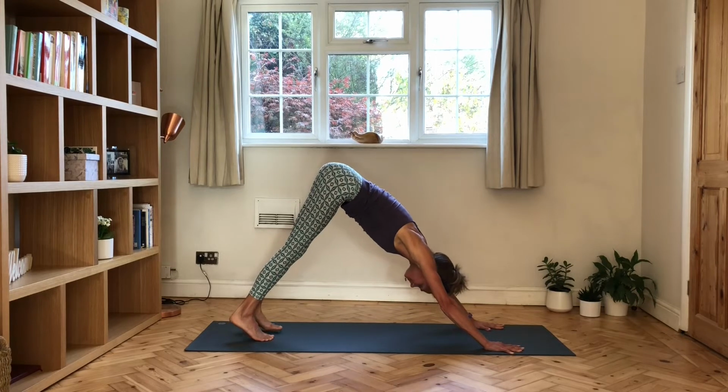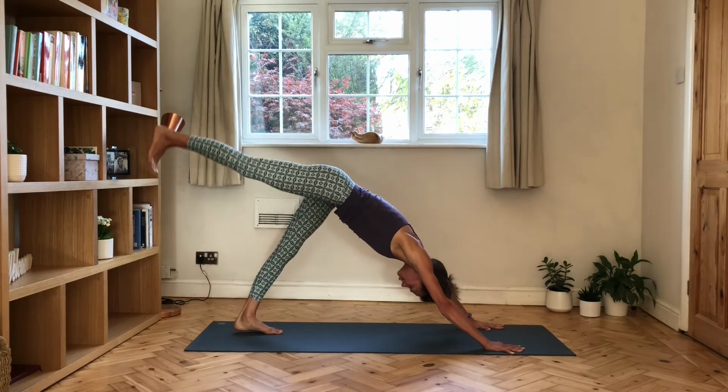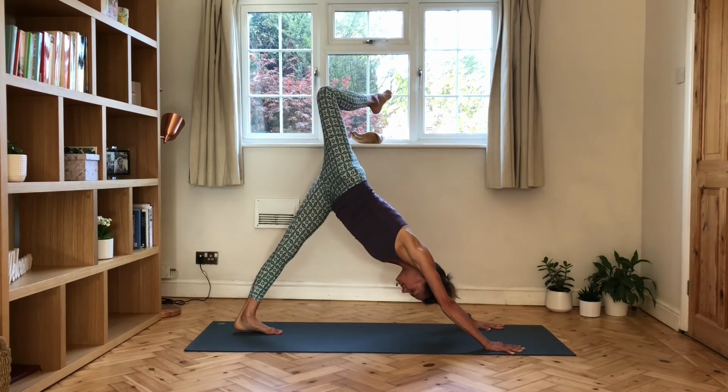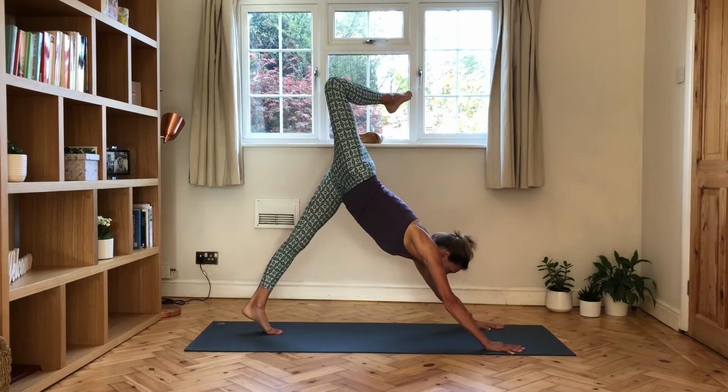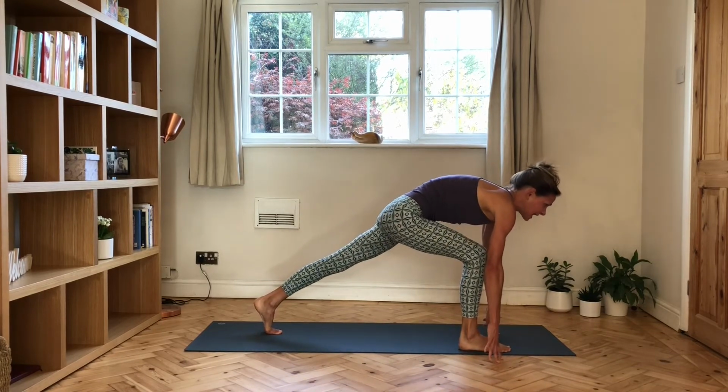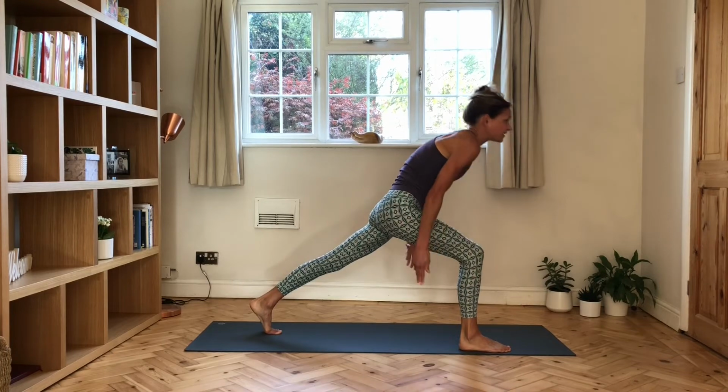One more flow. Inhale, float the right leg up to the sky. Bend the knee in the air and open the hip as you breathe out. Look between your hands, come high on the tiptoes, big step, right foot steps forward. Hug the legs in. This time hands come via hips